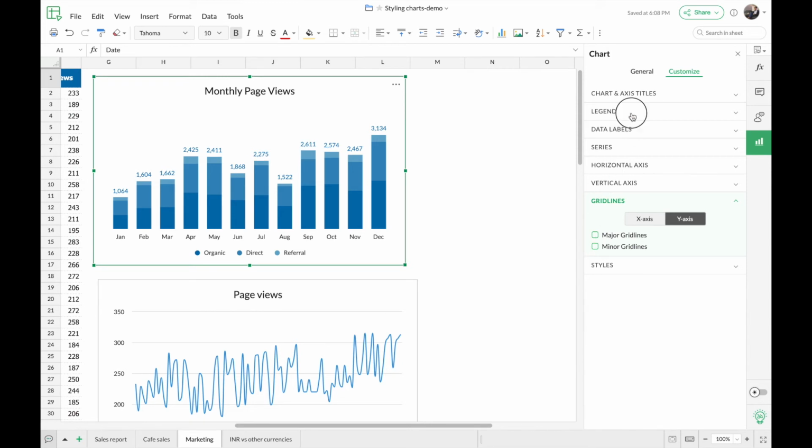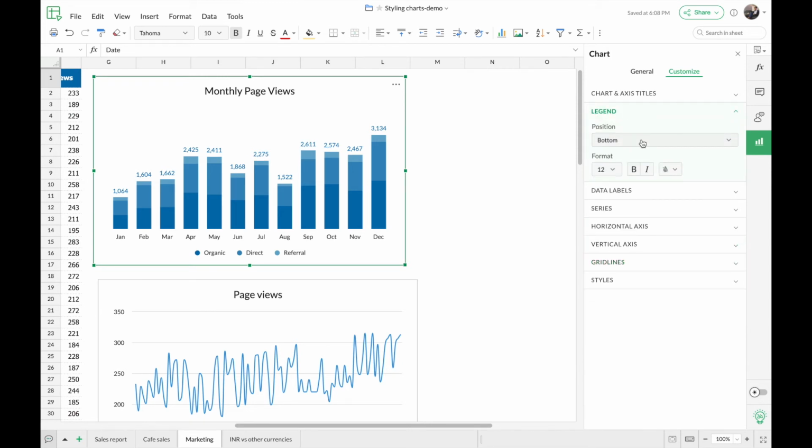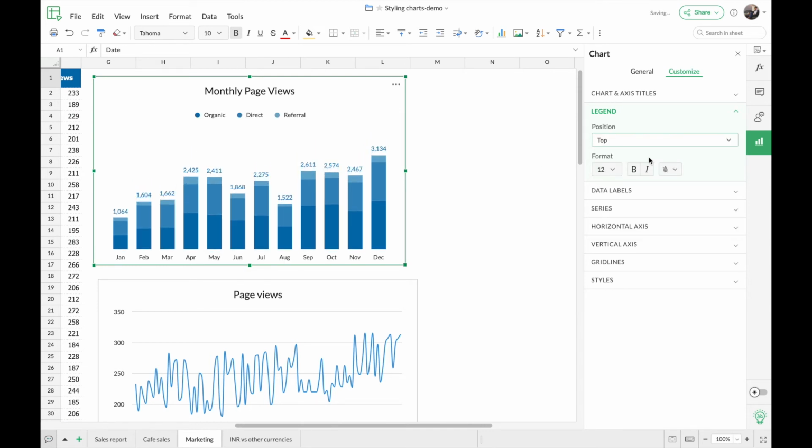So now I'm just going to position the legend that is present at the bottom to the top, because you can see that I have some space on top. So I can just place my legend on the top so it doesn't distract or disturb the actual chart here. So I'm just going to place the legend on top. So now you can see how the axis is not having any distractions at the bottom. So this makes it easier for me to actually view the chart as well.